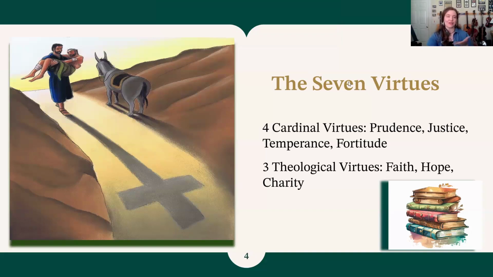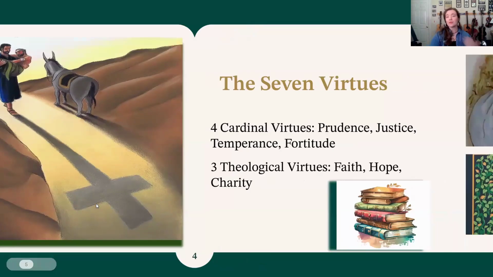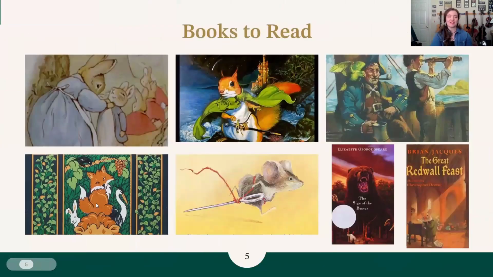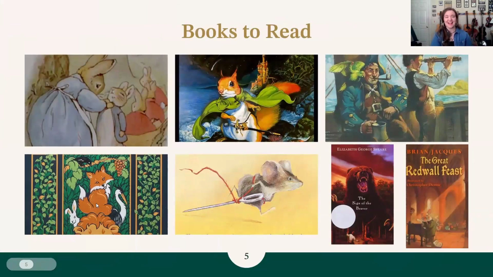So we look at the 7 virtues that Mrs. Wise had already mentioned in both sections, level 6 and level 7. The difference is just our approach to them. So in level 6, we focus on animals. We do a lot of animal stories from Peter Rabbit to The Tale of Despereaux to Redwall to Urchin of the Riding Stars, but we do throw in 2 human books towards the end, which is Treasure Island and The Sign of the Beaver. These are still some action adventure stories like all of the animal stories we would have read, but it's to kind of transition to talking more about human nature towards the end.